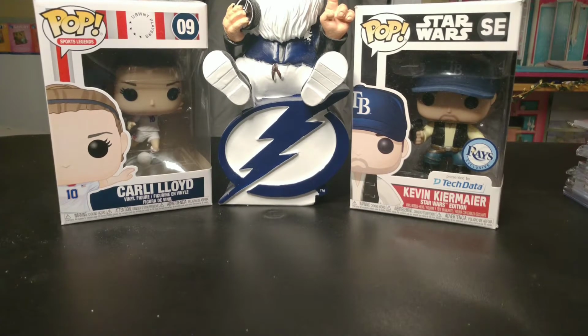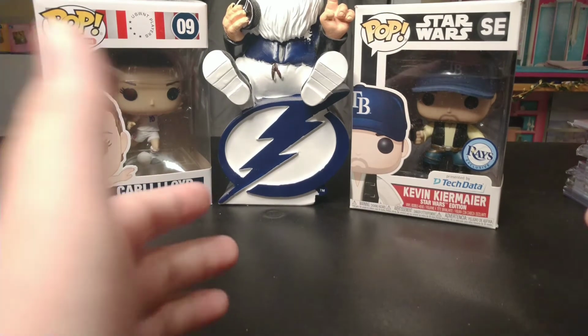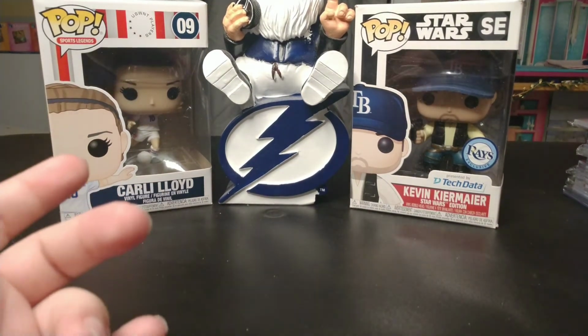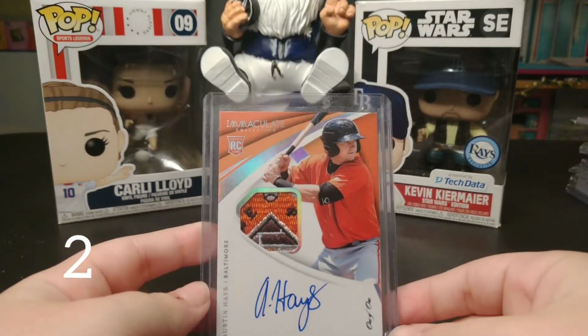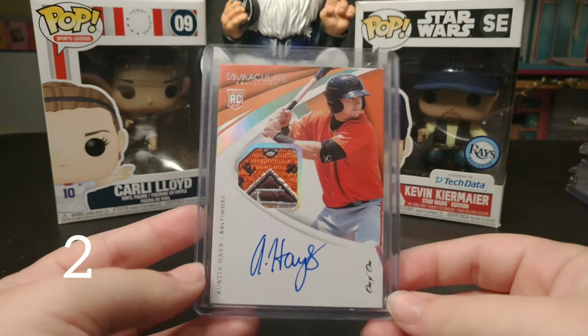You've probably seen both if you follow my Instagram, but again, I can't choose between these 2. So it's basically 1 and 1. You'll see why. So coming in at number 2 is an Austin Hayes Immaculate RPA 1 of 1 with the